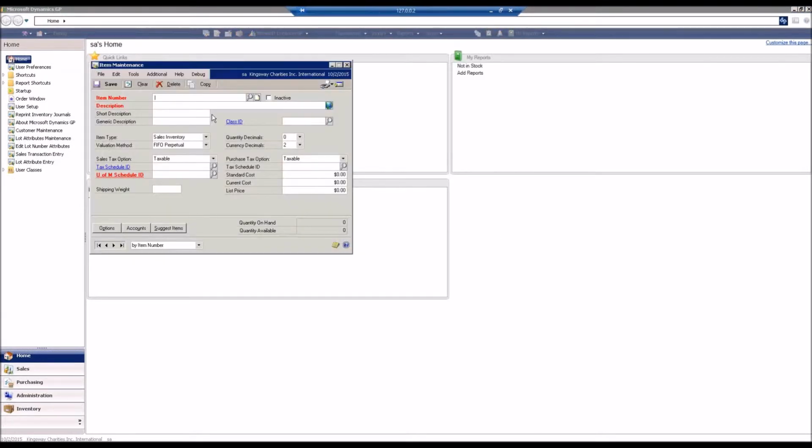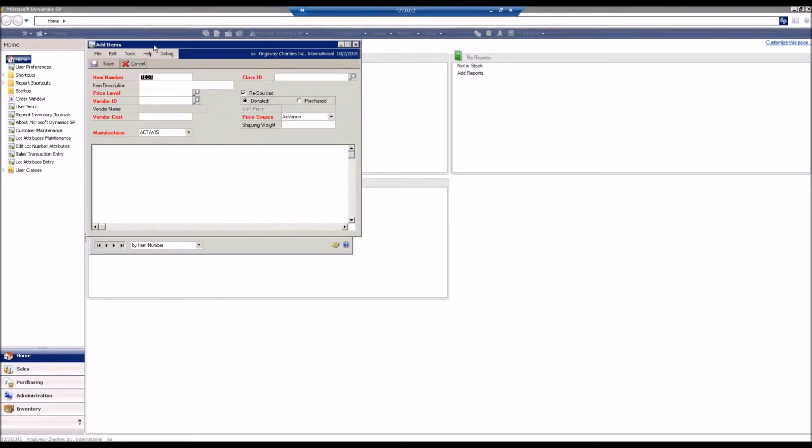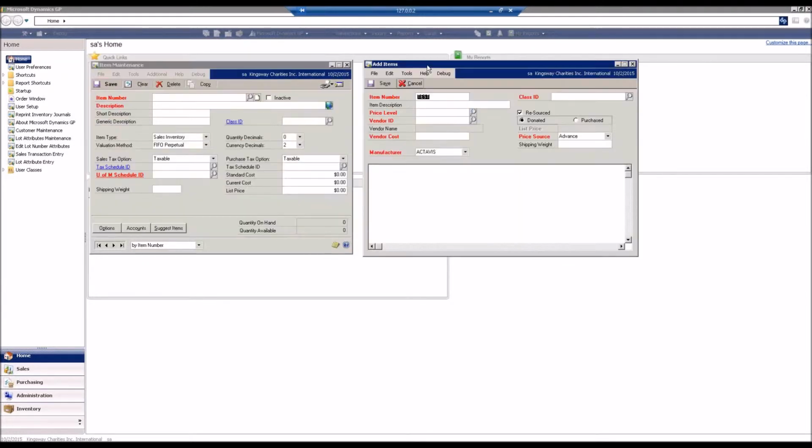So if I go to new item entry and I type in my new item, test, we notice two things. First of all, it opened up this new window called add items, and it blanked out the word test here. So basically what it's doing is saying, okay, we don't want to create our data here, we want to create it here. This will be using the business logic that we've developed for Kingsway Charities, which we can always add on to. This does not mean that's the end all, but we'll just type here, this is my test